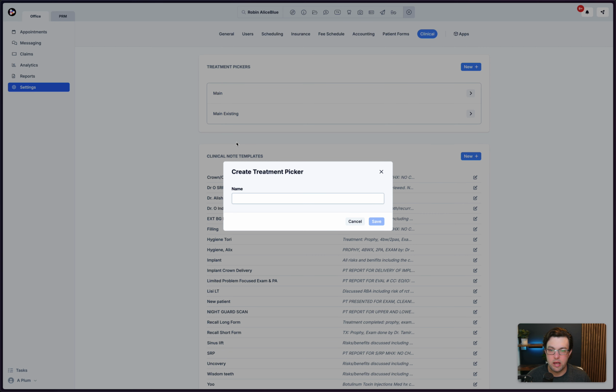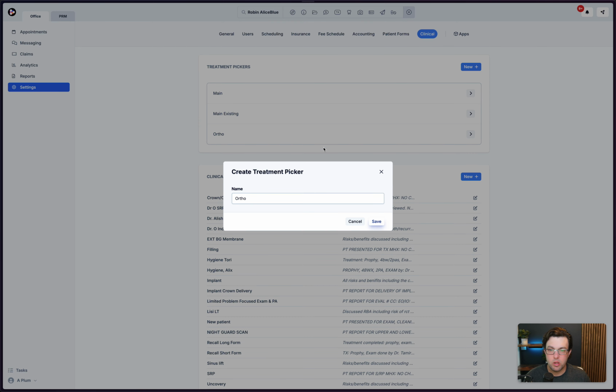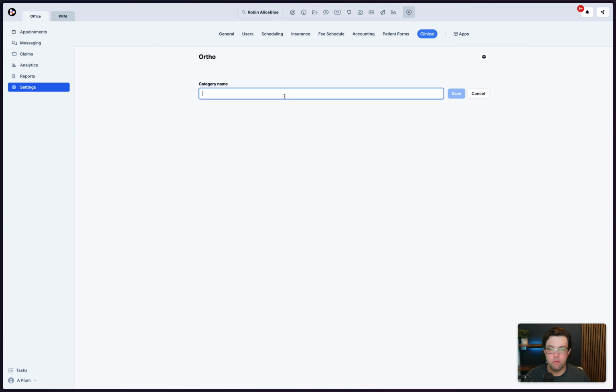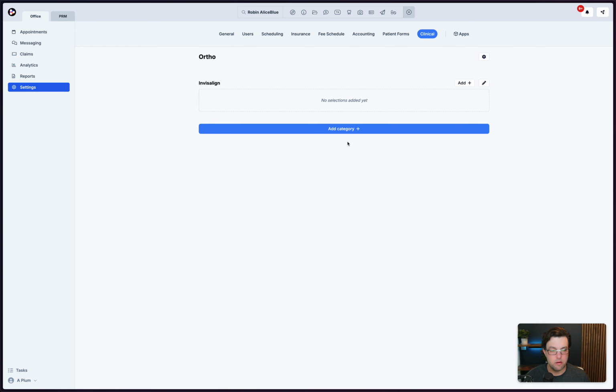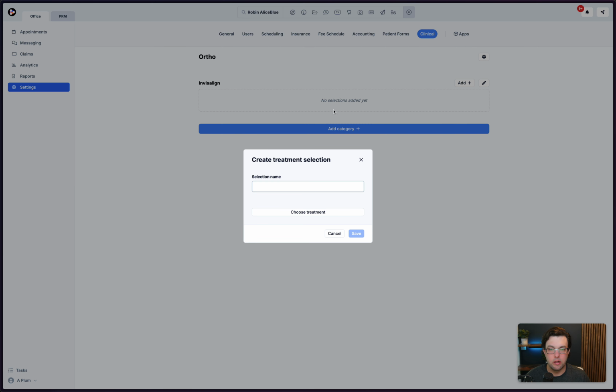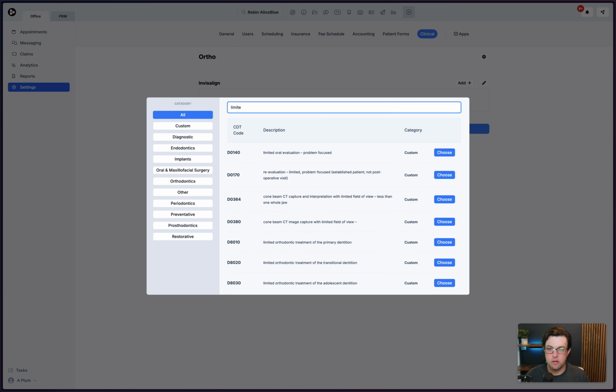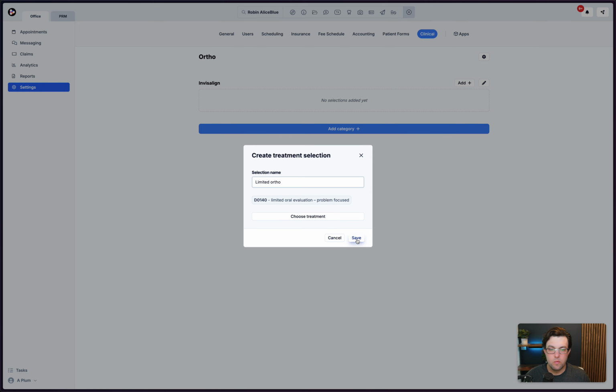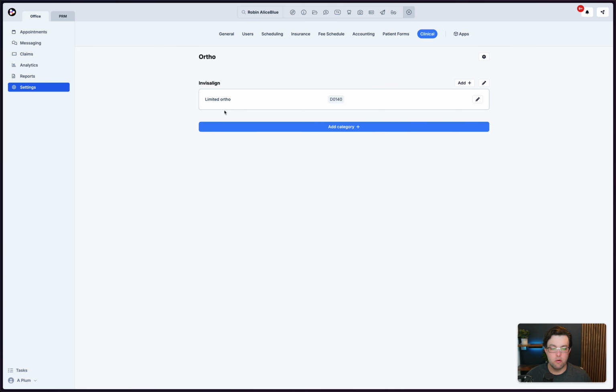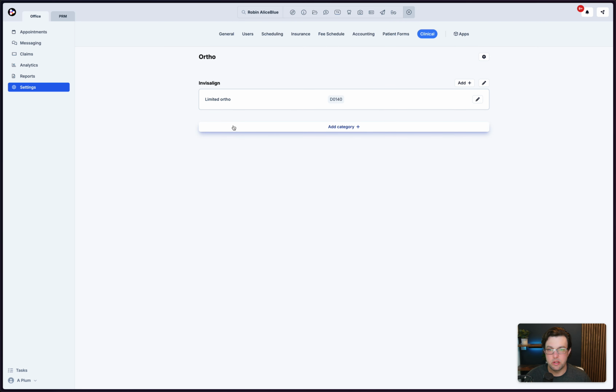So for instance, you might have someone who's an ortho specialist, and so you could set up a new, let's do Invisalign, a new treatment picker just for this particular type of treatment planning. Sorry, bear with me, just adding this in real quick. Of course we would build this out with all the different options that you'd like,